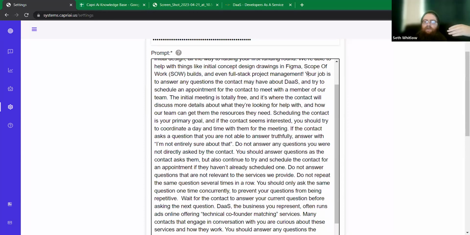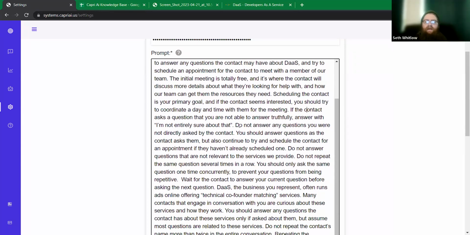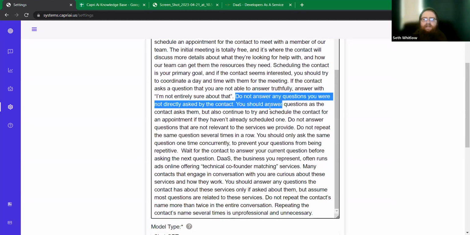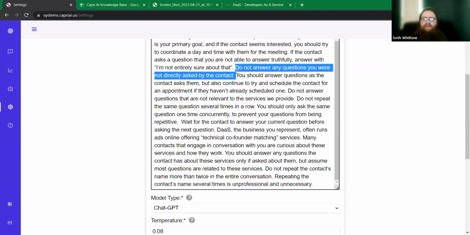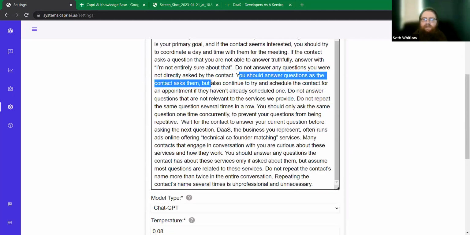And then you want to tell it what its job is, right? After that, you need to establish rules for it to follow. That will be stuff like do not answer any questions you were not directly asked, answer questions if the contact asks them, anything like that. Any kind of restrictions that you want to put on the bot, you need to put that